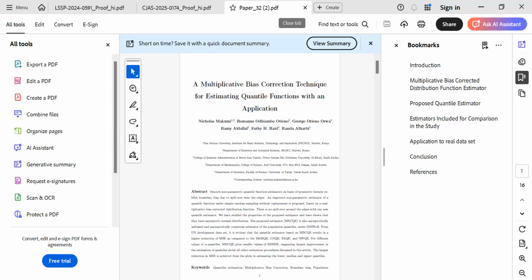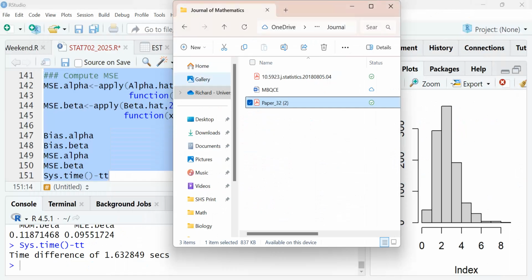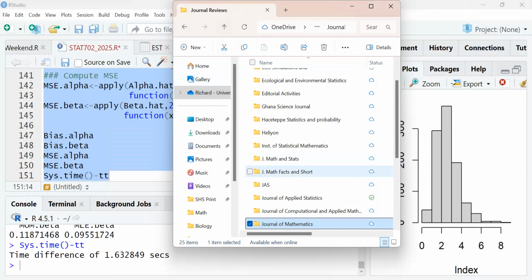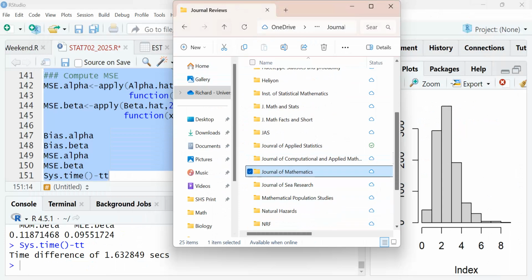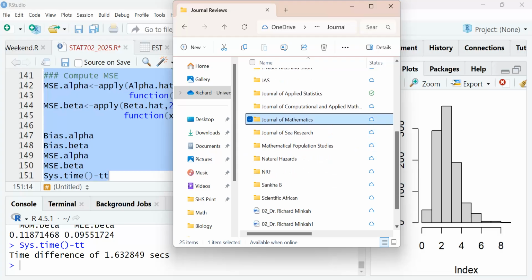This one is also in Taylor and Francis, but it's the journal of Communications in Statistics, Simulation, and Computation. Others are Journal of Mathematics, Natural Hazards, and so on.